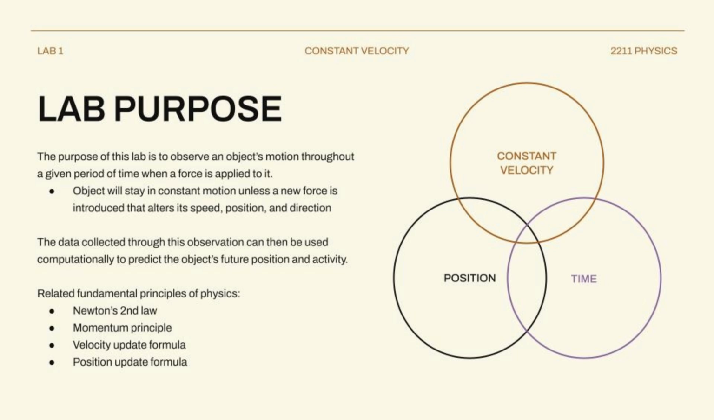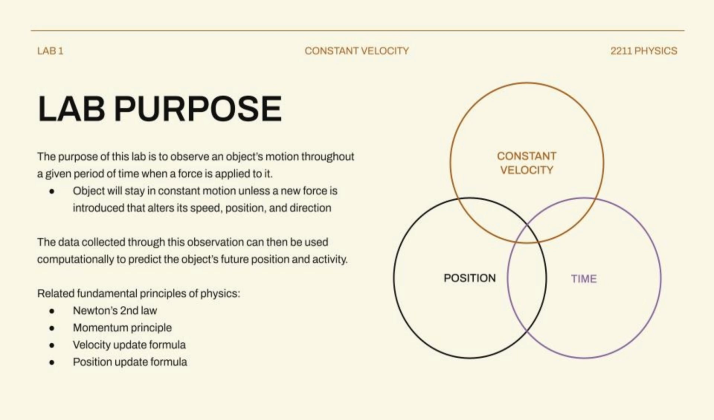The purpose of this lab was to observe the relationship between position, time, and velocity. This ties into Newton's laws, which state that an object will remain in constant motion or rest unless a force is introduced that will alter its speed, position, or direction. We're going to be doing an experiment that I will explain in just one moment, where we will be testing